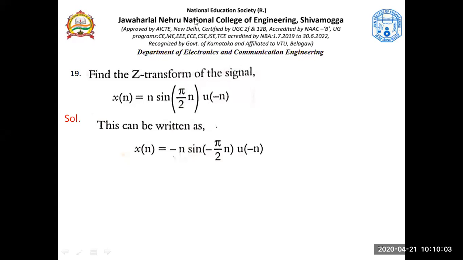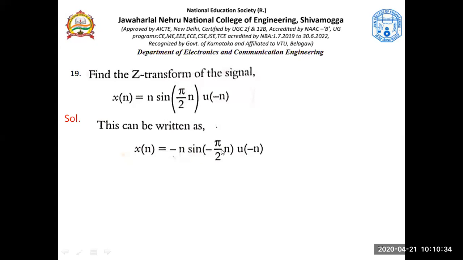Now, we have to introduce a minus sign. Since this is the minus sign here, we need to introduce a minus sign here also, to compensate for this. What does that mean? Here, sine minus theta. If you consider this as minus theta, sine minus theta is minus sine theta. So that minus sine theta, the minus here would get multiplied by this. So this is as good as this.